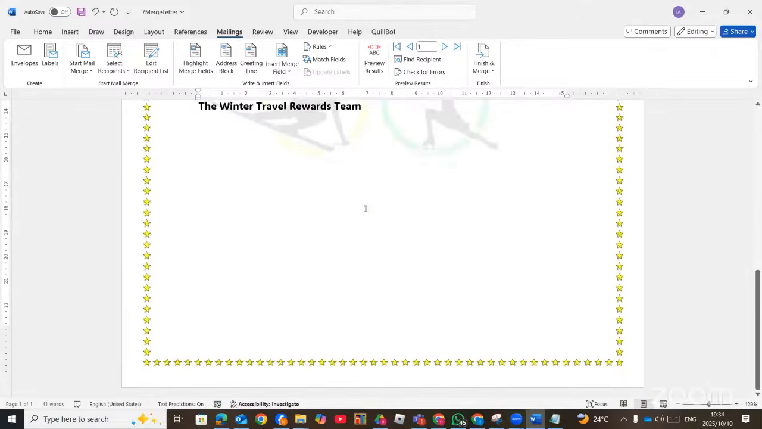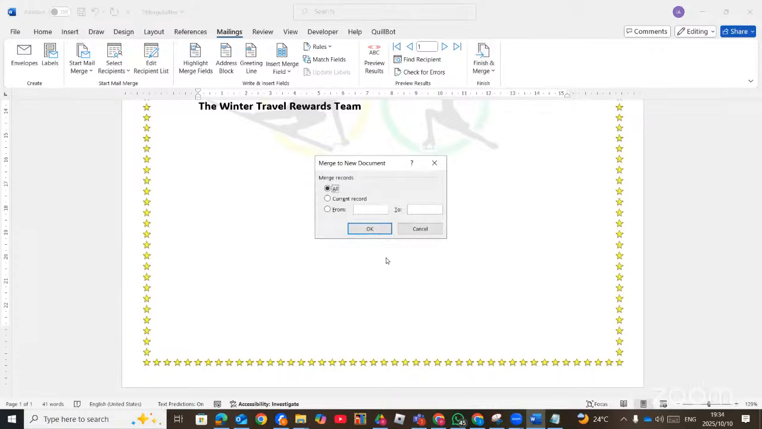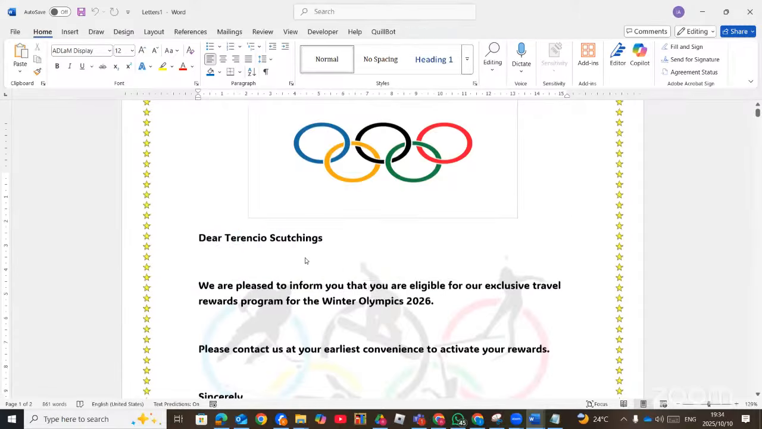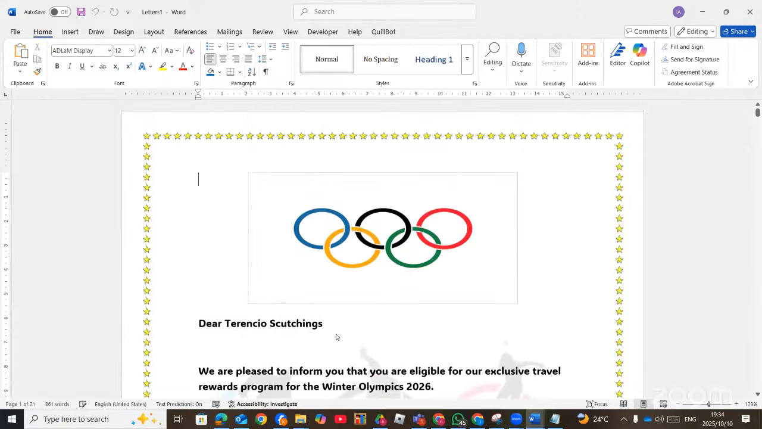Now, when you are done, you must save it. Anytime you are done inserting the merge field, don't forget to save your work. Otherwise, whatever you have done will not be seen. Then after saving, you go to finish and merge, edit individual document, and then you click OK. So now we are going to have another document whereby we are sending to these people